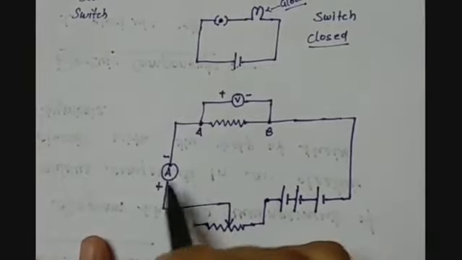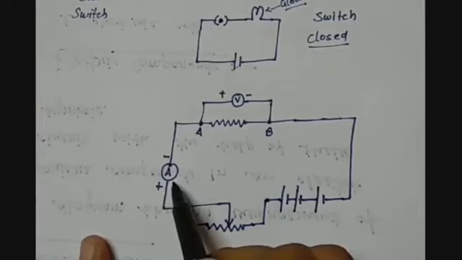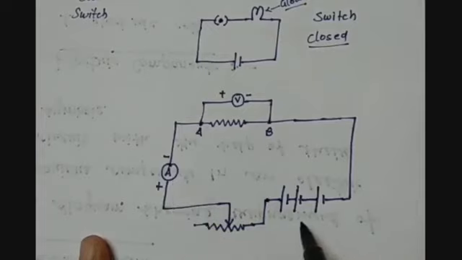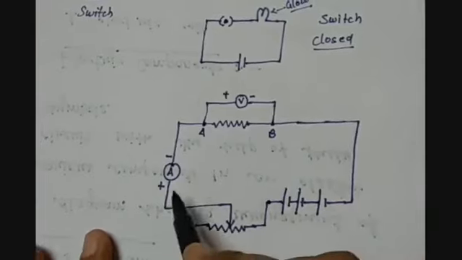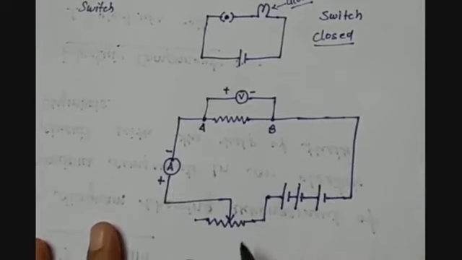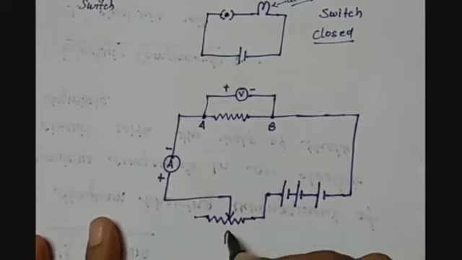If we want to change the current of the circuit and the potential is fixed, or you can say the energy we are going to give to this circuit is fixed, then we can vary the current in the circuit with the help of this variable resistance. So this is our rheostat.